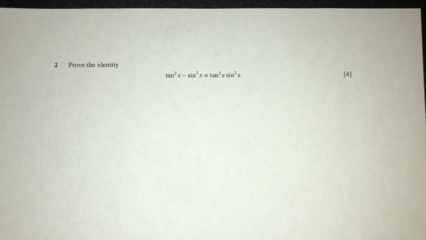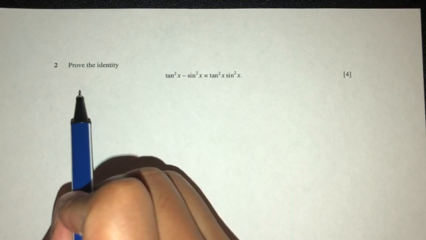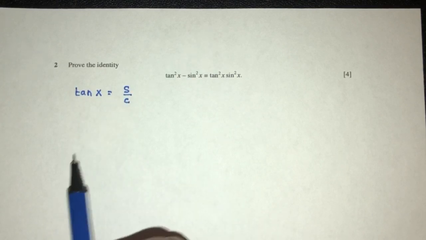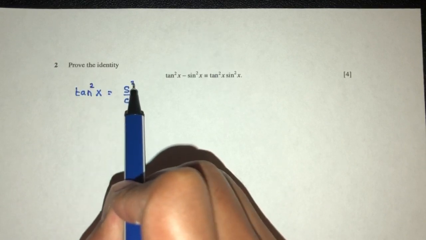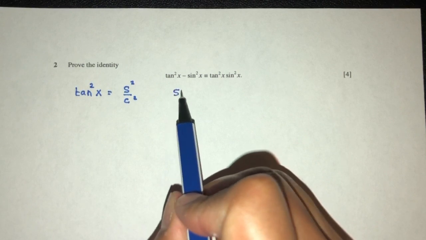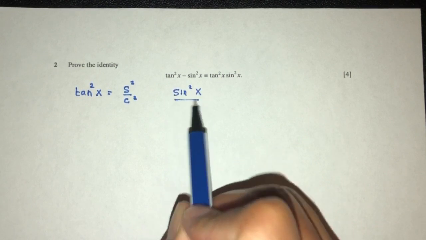So we have to prove the identity. The left hand side is equal to the right hand side. So one by one, let's see what we can do. So here we have tan square x. So let me write this down. Tan x, we know it is sine over cos. So squared, that will be sine square over cos square. So let me first simplify this. That will be sine square x over cos square x